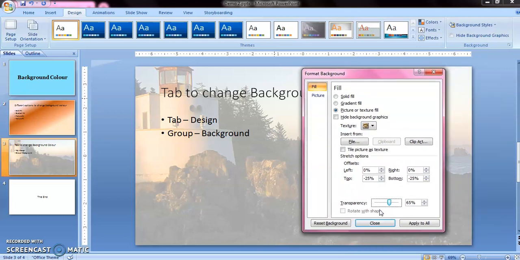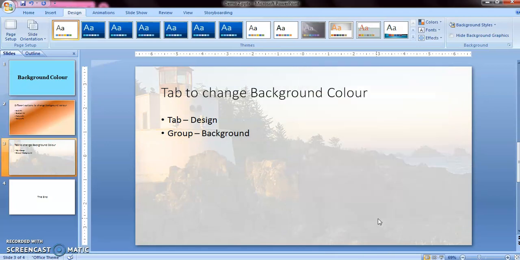So here is the function of this transparency slider. You can change the transparency. Now click on the close button. So right now a picture is applied as the background to your slide, and you can reduce the transparency so the content of your slide is visible clearly.